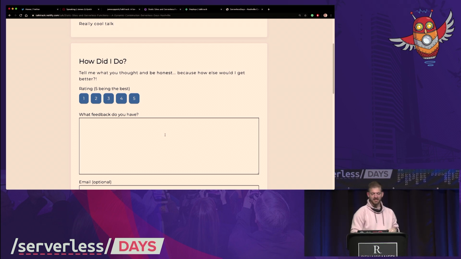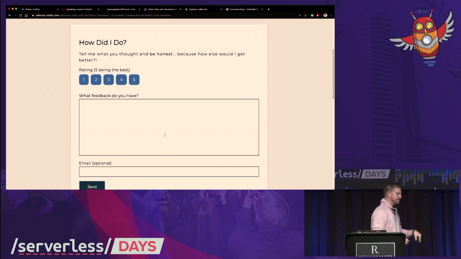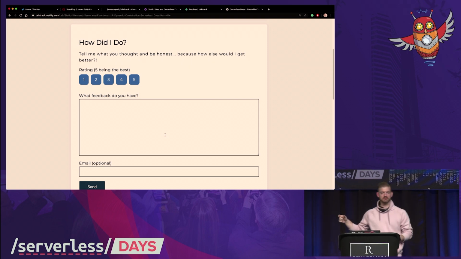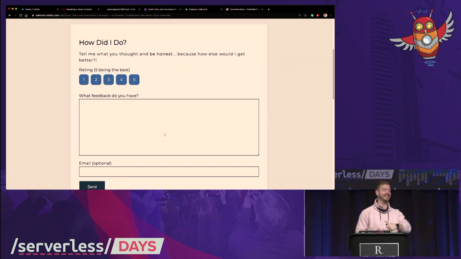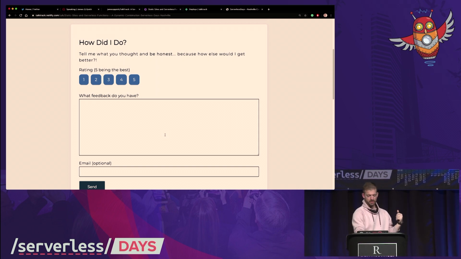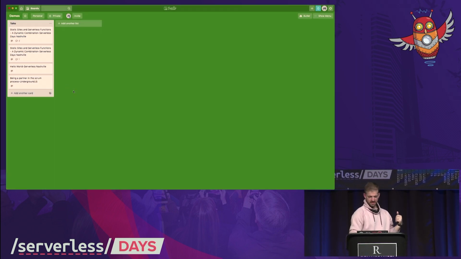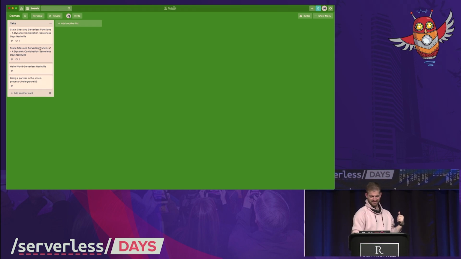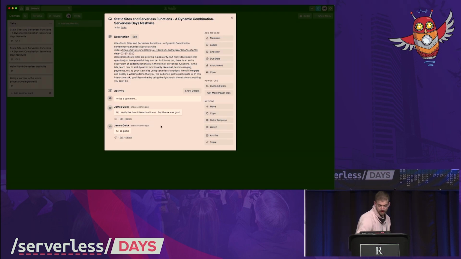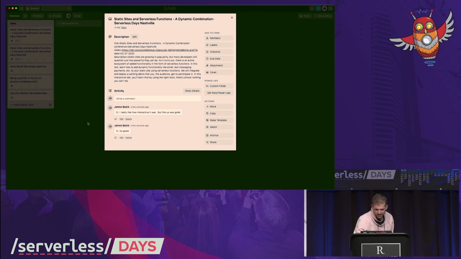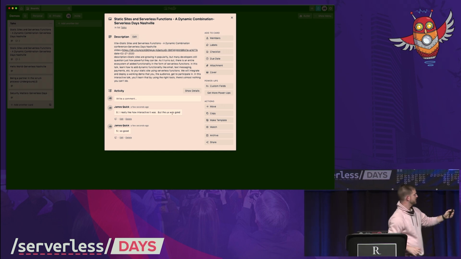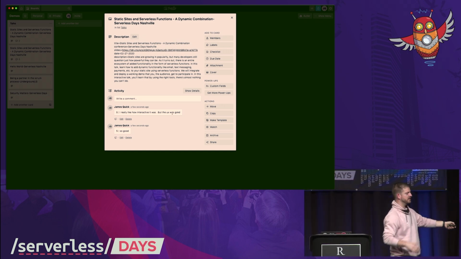I appreciate that. So when somebody posts feedback, it again goes to a serverless function. That serverless function will add a comment to the Trello card. Kyle, which one of these did you comment on? Oh, actually, I can see a couple of comments on all of these. Okay. Oh, yeah, there we go. Okay, cool. So that's kind of small too, but you see the rating and then a pipe and then the